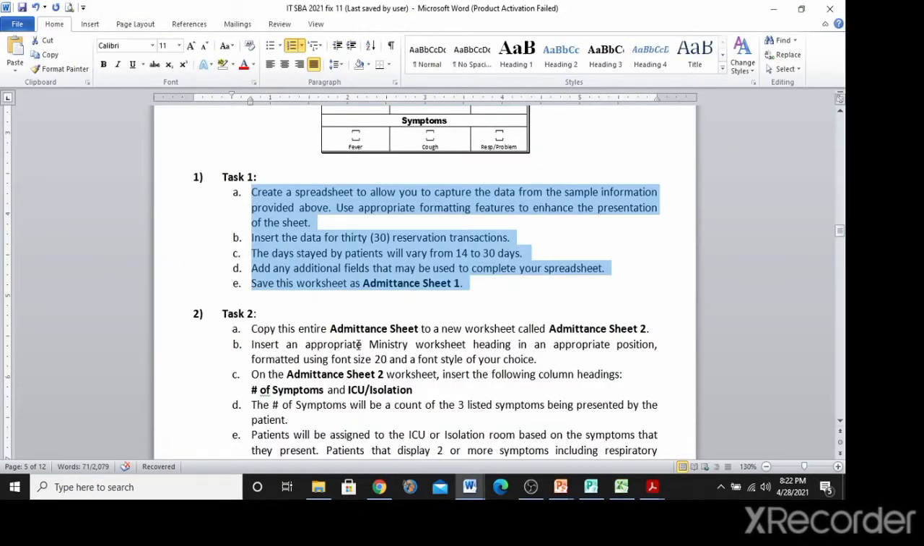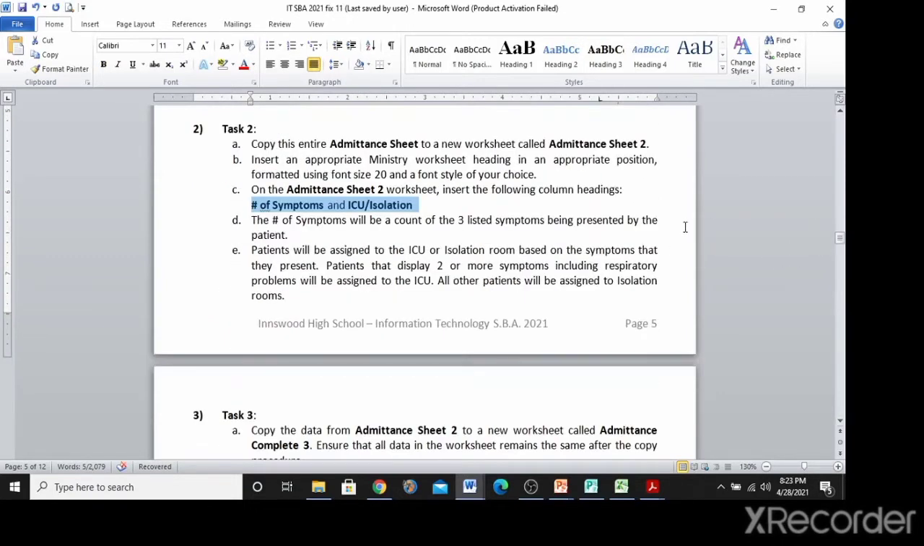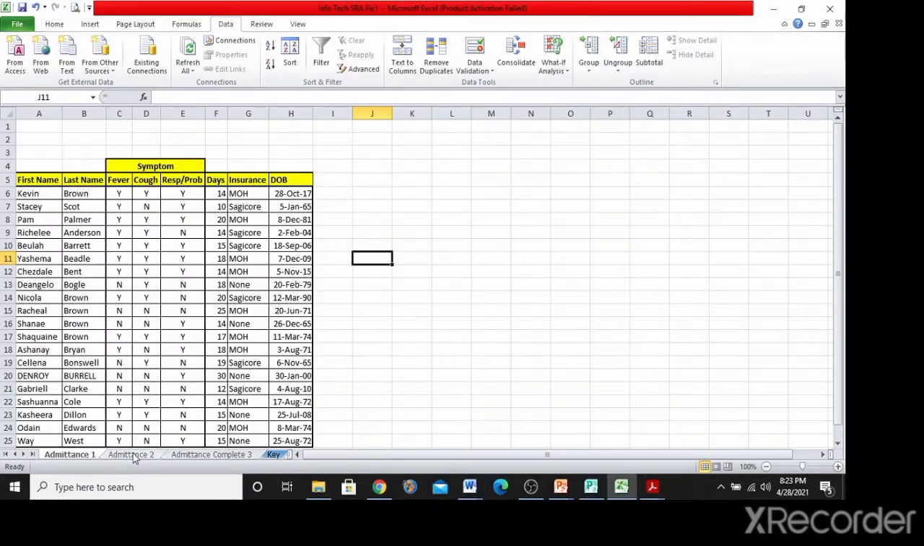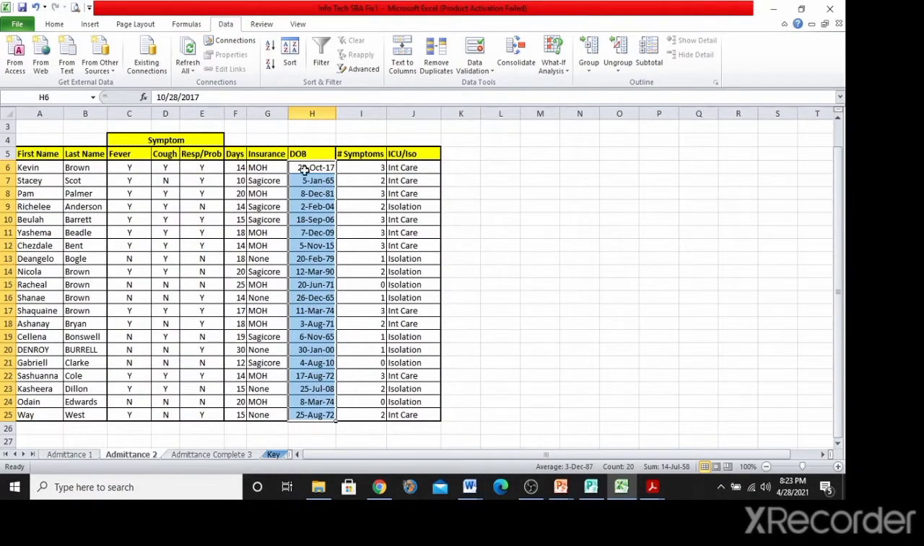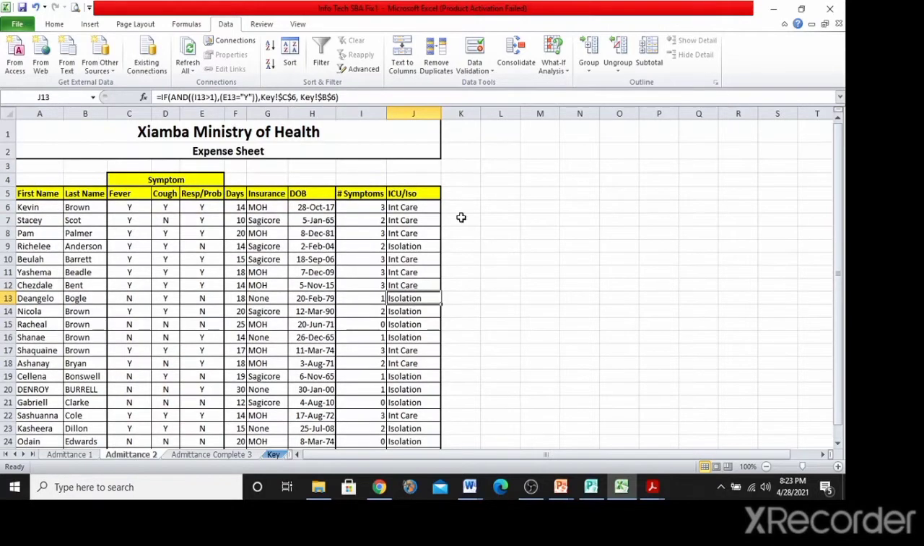For task 2, we call it admittance sheet 2, right? And that is where we introduce the number of symptoms and the isolation. Those were the 2 main items that we did in task 2. And we can see that here. For our admittance 2, we put in the number of symptoms, and we use our counting formula, and we also put in an if statement with an and for the intensive care and the isolation. The admittance 2 sheet here should only show up to this point right here,